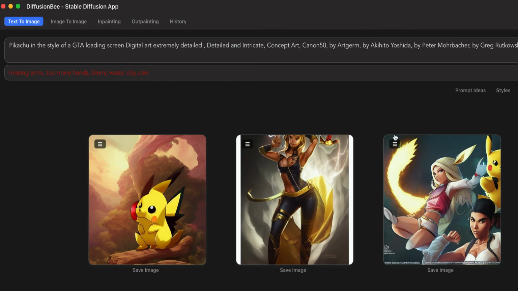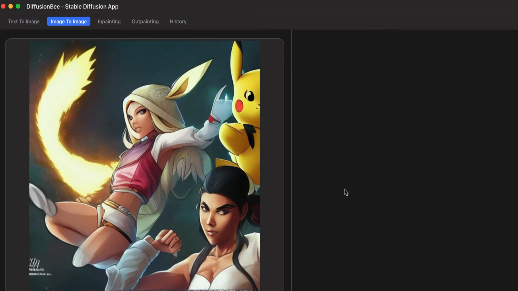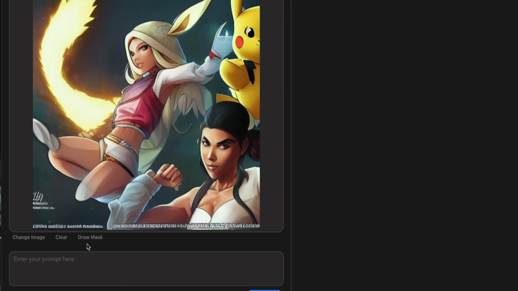So let's say I wanted to try something else. I'll do send to image, and with this, all these watermarks. And so I'm always curious in which artists they're kind of pulling from. So with this one, you can get real specific on what you want to change. So let's say I want to add, I don't know, make this a turtle hat or something. So I can say draw